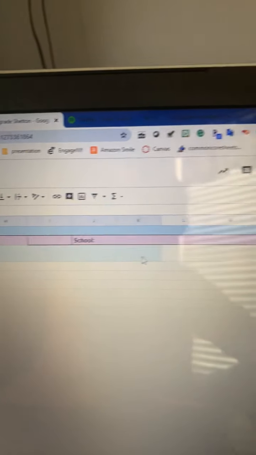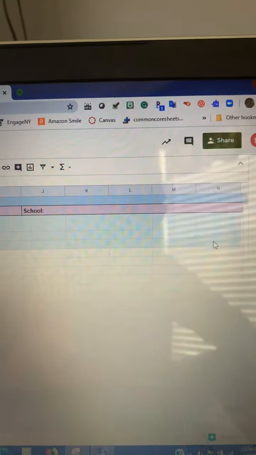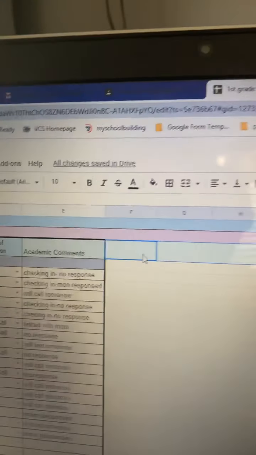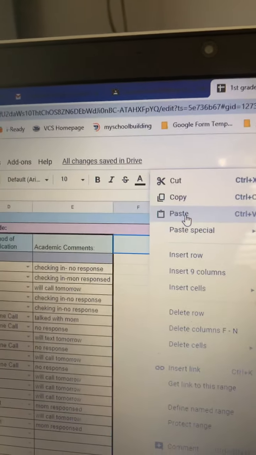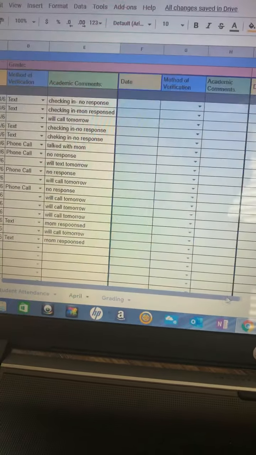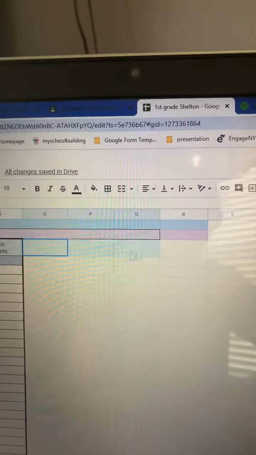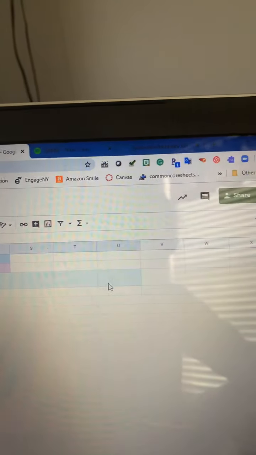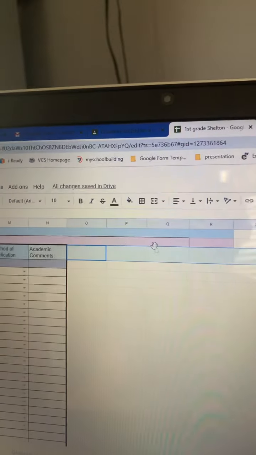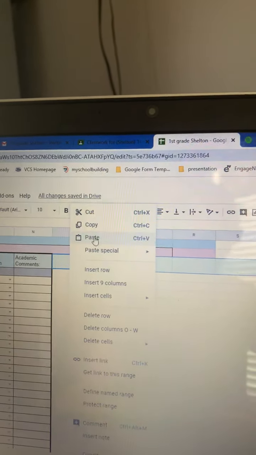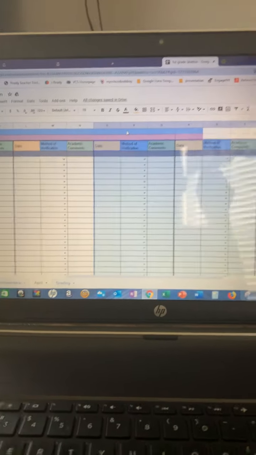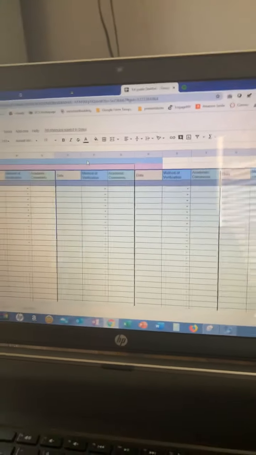So there's 1 day's worth. There's 2 days worth. There's 3 days worth. Come back to the first empty one, right click, paste, voila. There you go. As far out as you can stretch. So there's 1 day, there's 2 days, there's 3 days. It'll take that one cell and it'll duplicate it as many times as you draw it out, you pull it out, okay? If you only clicked in